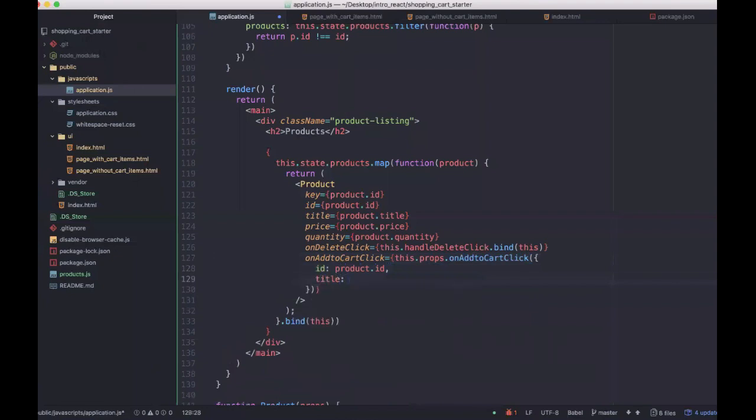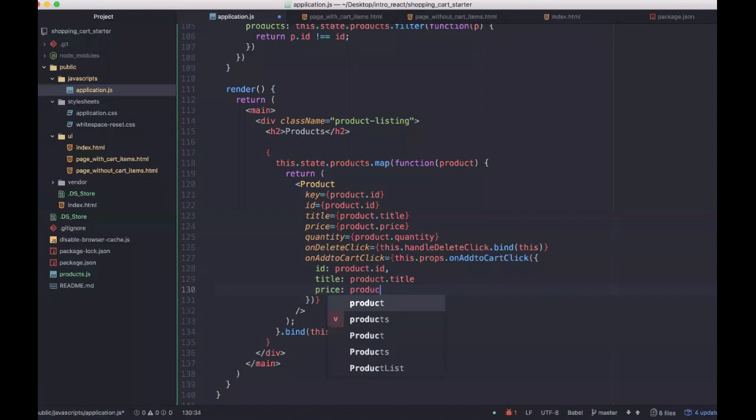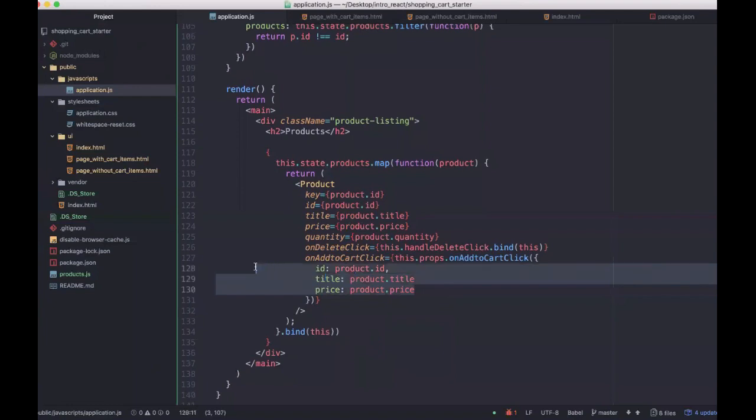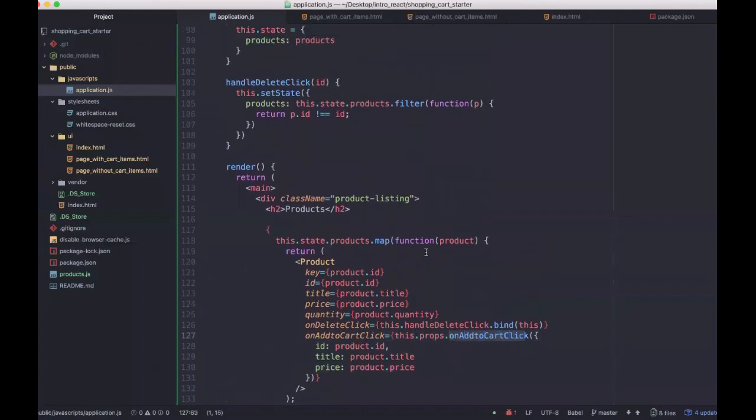Title, product.title. And price, product.price. And quantity, actually, we don't want to pass in quantity because it's not the same quantity as this one. So this will be added to the carts, but who will add this? Well, this.props.onAddToCartClick. So it assumes that this function is getting passed to it by the parent, and the parent in this case